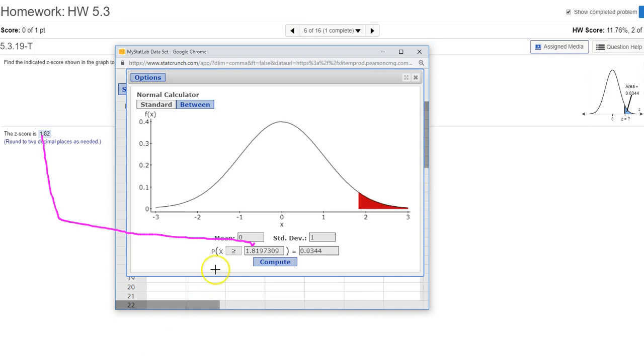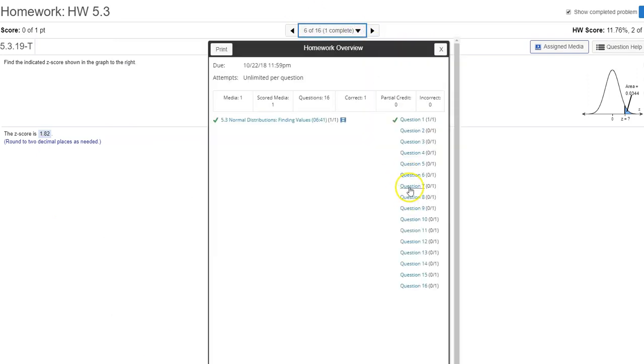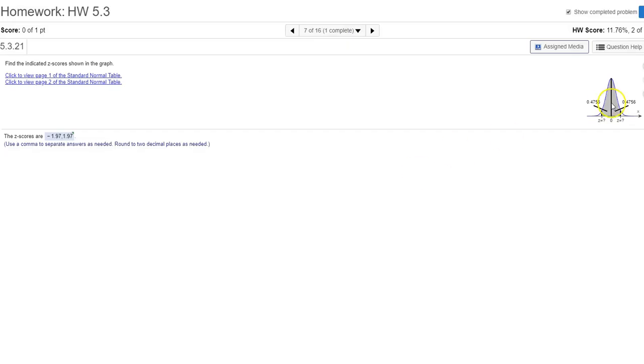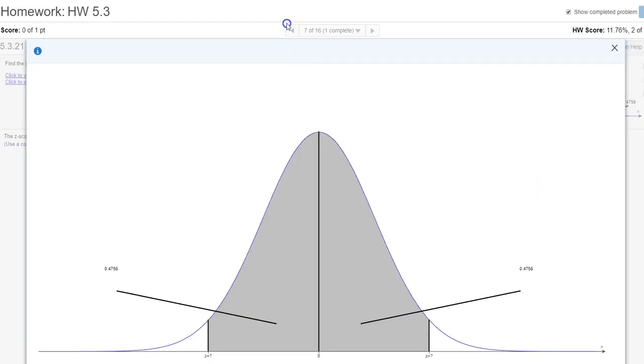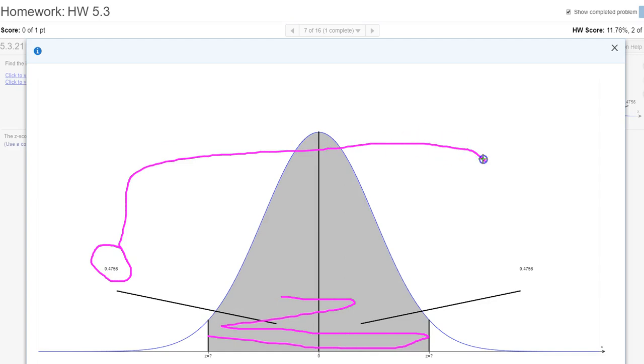Okay, all right, now moving on to problem number 7. The tricky part in problem number 7 is you see that they're giving us area in between. Do you see this? This is area in between. So what I have to do is add this area to this area. So I'm going to go ahead and add 0.4756. Did I miss a 7? 4756